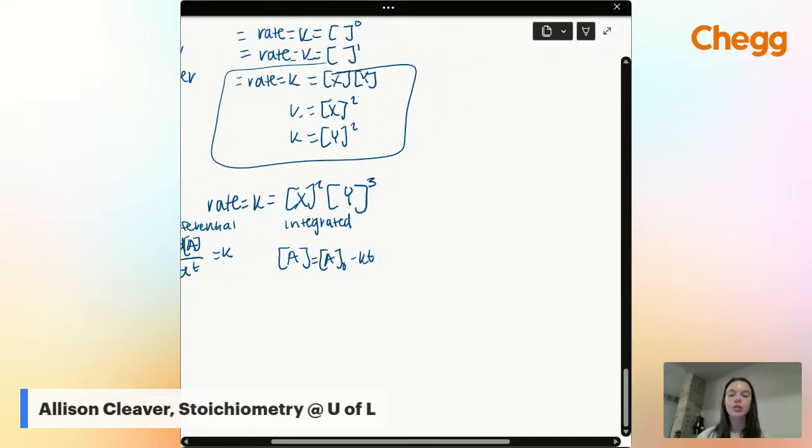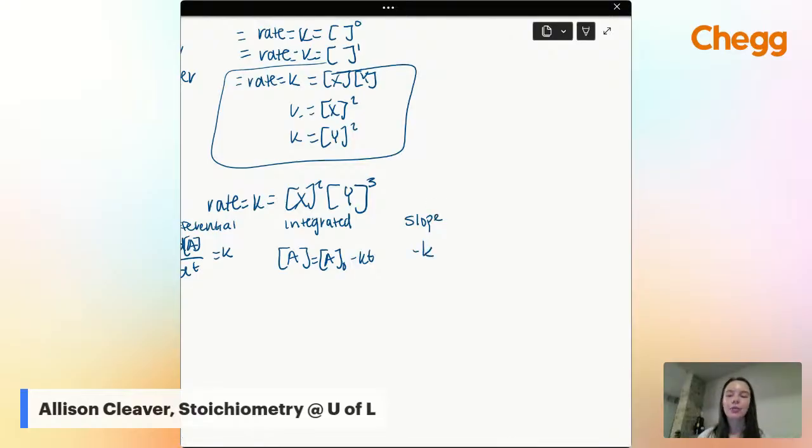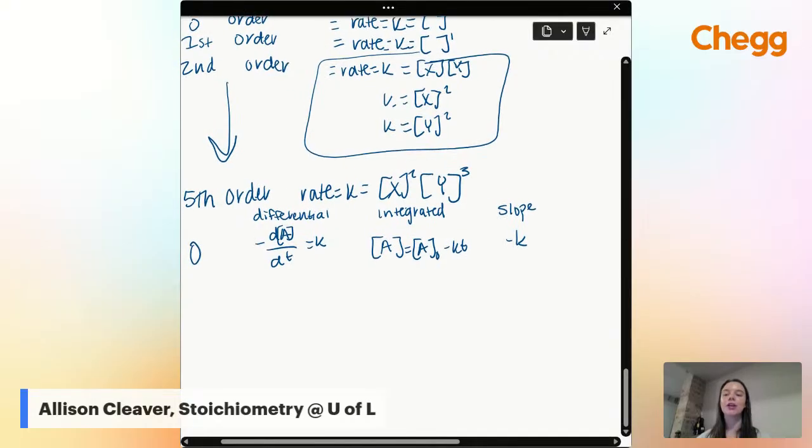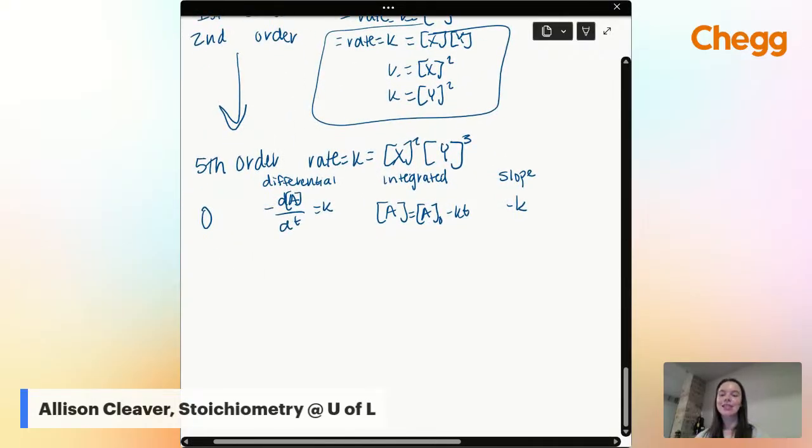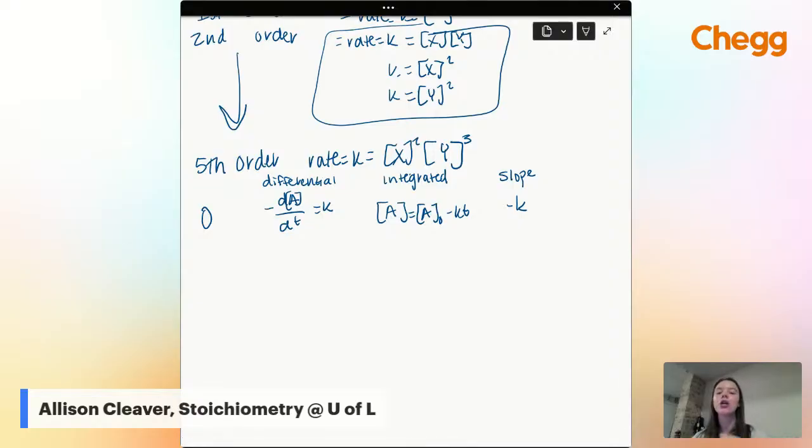So each of the different orders has a different way to find slope. It's negative K. You're probably like, okay, why are you writing all these random equations on my screen? The reason is if we want to figure out anything about the rate, if we want to figure out our K value, which is our reaction constant, the time it took to reach equilibrium, which is t right here, our initial concentration, which is [A]0, or just our concentration at any time t, which is that [A], we have to know these rate laws. We have to know these slopes and these differential rate laws. I will say integrated rate laws are seen the most.